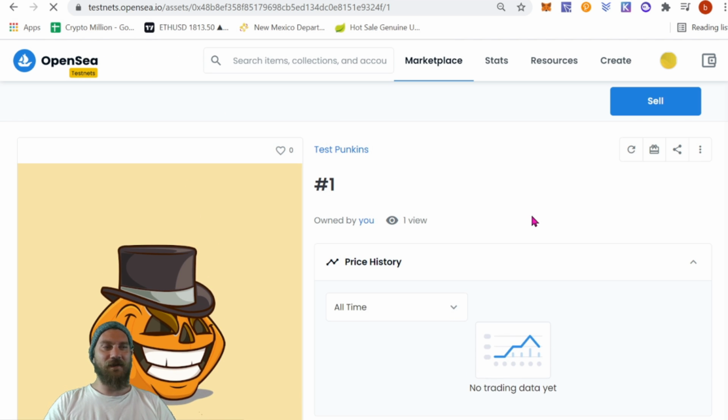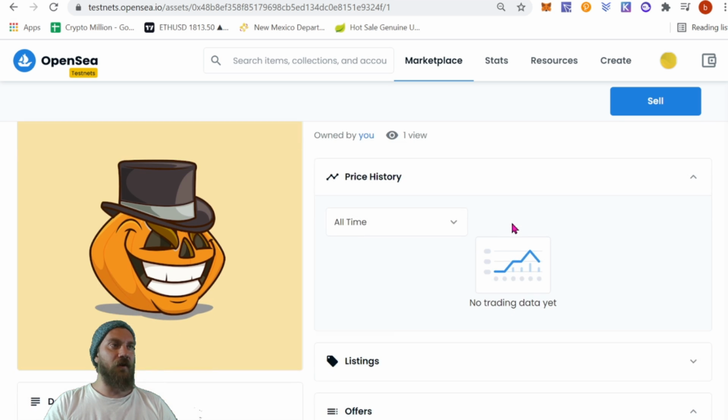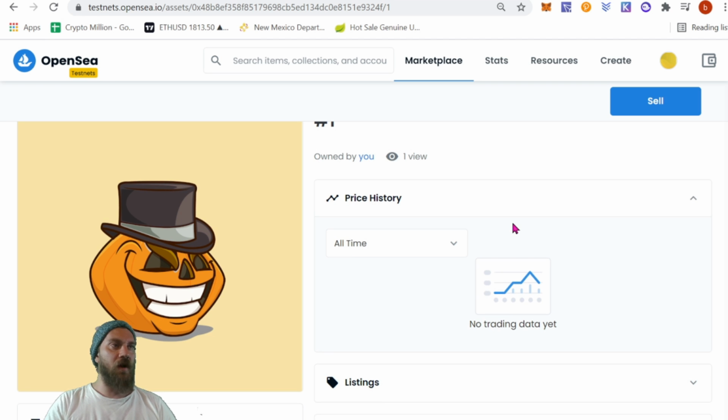Perfect, our pumpkin is loaded. So that was the issue, guys. I think it was a problem with the SSL socket and my firewall on the other server. Again, we were using just a basic web server for hosting to show you guys the most simple example of how to do this. But if you guys are really looking to launch an art project and make some money, definitely, again, look into a better way to host on the blockchain your art files. But if you have that issue, it might just be something with your SSL. So I did it with no S on there, HTTP, at a different server that doesn't have a firewall, and it seems to be working fine.